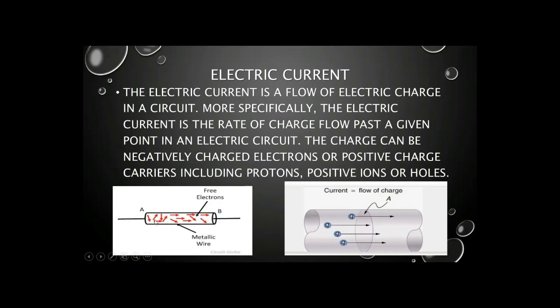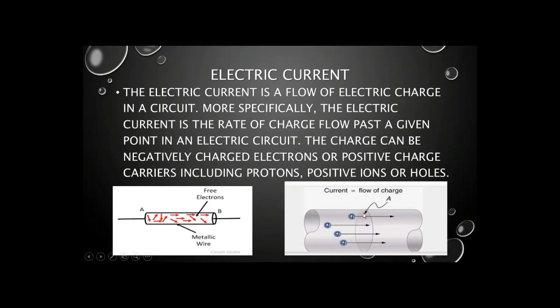As you can see in the diagram, we have a conductor, and as I told you, in a conductor we have some free electrons. So do you remember what a conductor is? A conductor means some material which has free electrons, so that electrons will move in a conductor, and now we are going to move that electron from one area to the other area, that is from point A to point B.